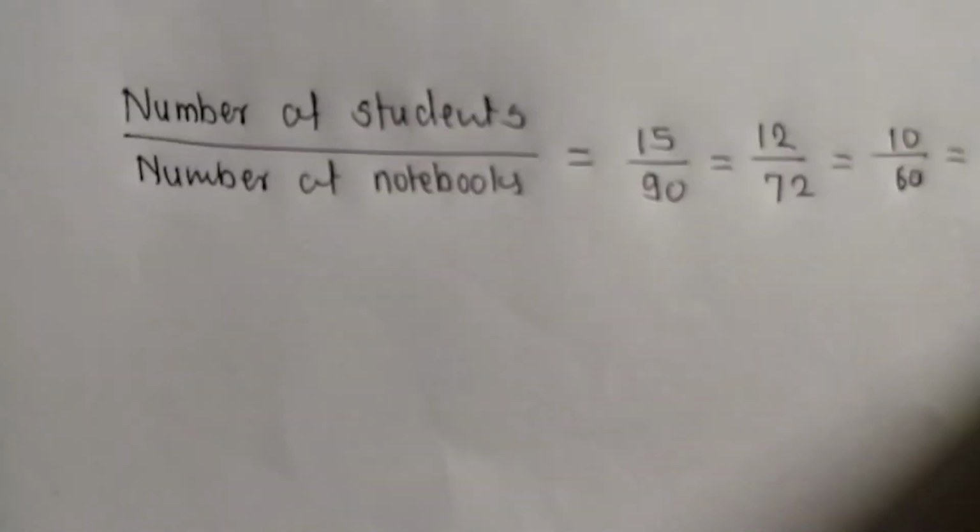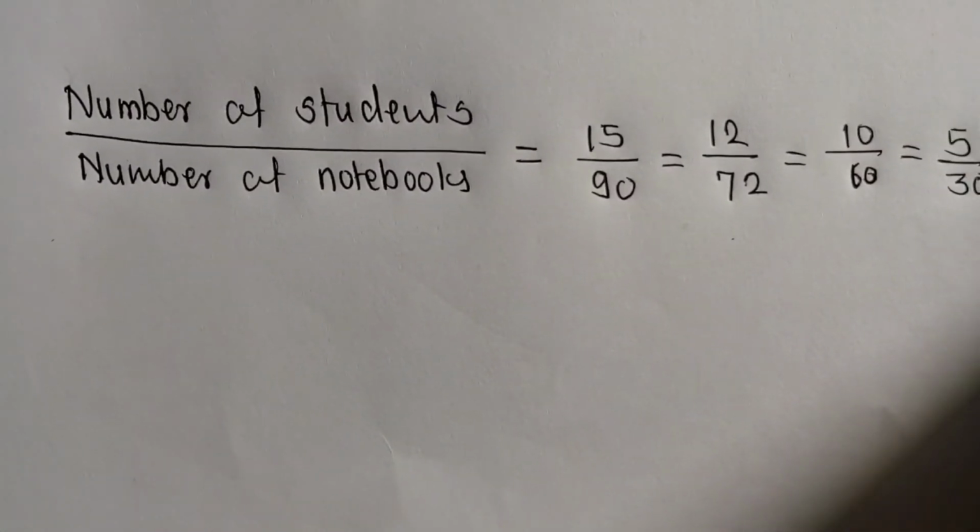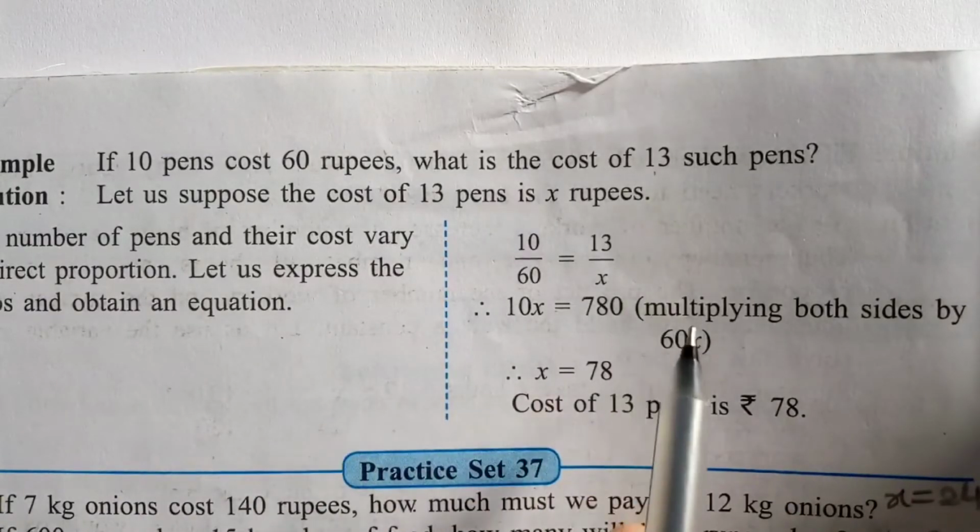Okay, like this slowly we will go. Now this chapter is very simple and very interesting. Slowly we will go, we will not go so fast. If we go to page number 64, you will get one example. See that example, a very interesting example. And you will get the same examples in the practice set also.